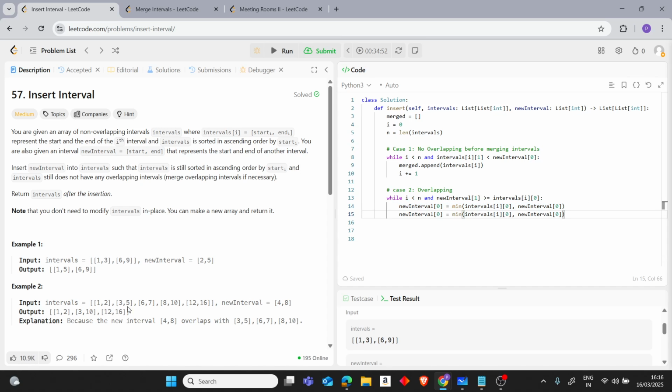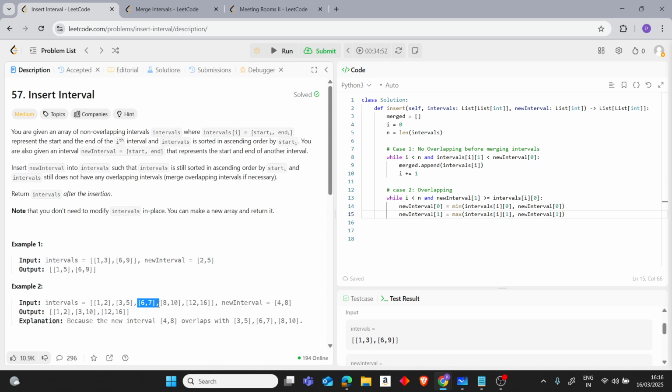So what I'm saying is we have to take the max of 5 and 8. So firstly I'll write 1, and also we have to take the first index, and also we have to take the max. That's important. Okay, so now my 3, 5 and 4, 8 is converted into 3, 8, and we move on